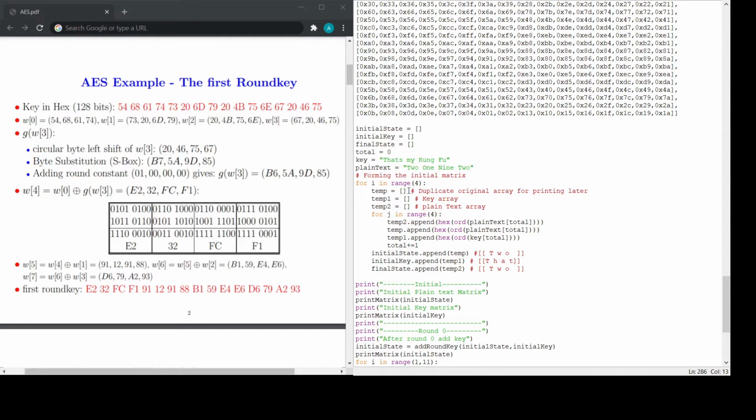Inside the for loop, we first get the character from the string, convert it to integer ASCII using the built-in ord function, then convert this integer to hexadecimal using the built-in hex function, and finally append the result to the corresponding temporary array. After that, we append this temporary array to the corresponding initial arrays to give a matrix. Finally, print the given plaintext and key matrix.